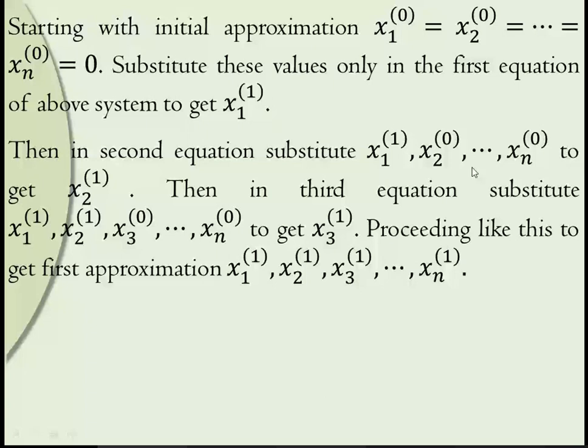This is also called the modified Jacobi's method, because every time we use the modified, new value. We are not taking the full set at a time. We always modify our answer. In Jacobi, we always use the total set for the new iteration. But here we are not using the total set for a new iteration. We always use the modified value in that set to get a new iteration.